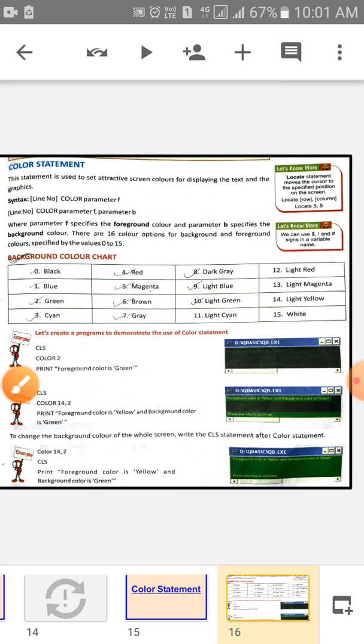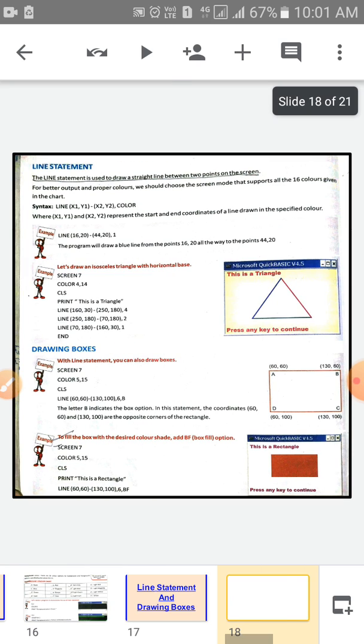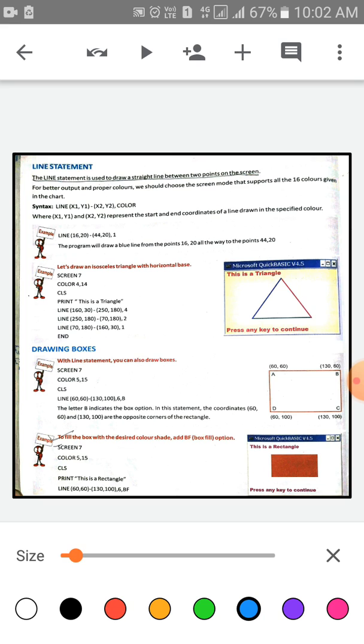Now children, clear? Now the LINE statement and drawing tools. Children, look at the screen. The LINE statement is used to draw a straight line between 2 points on the screen.